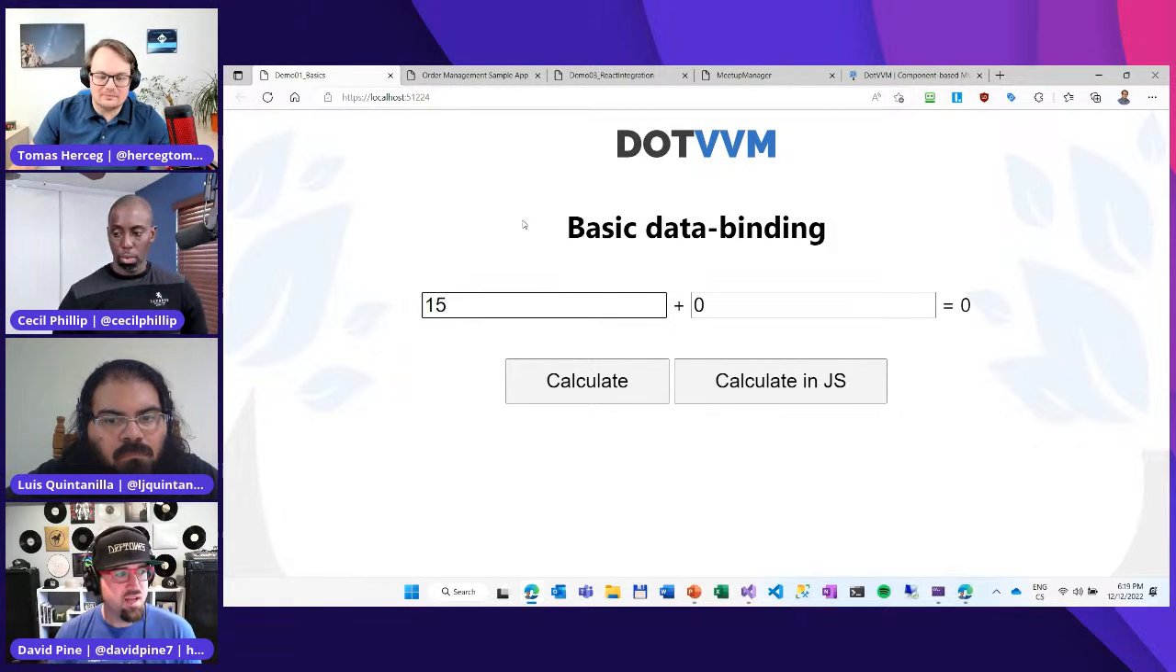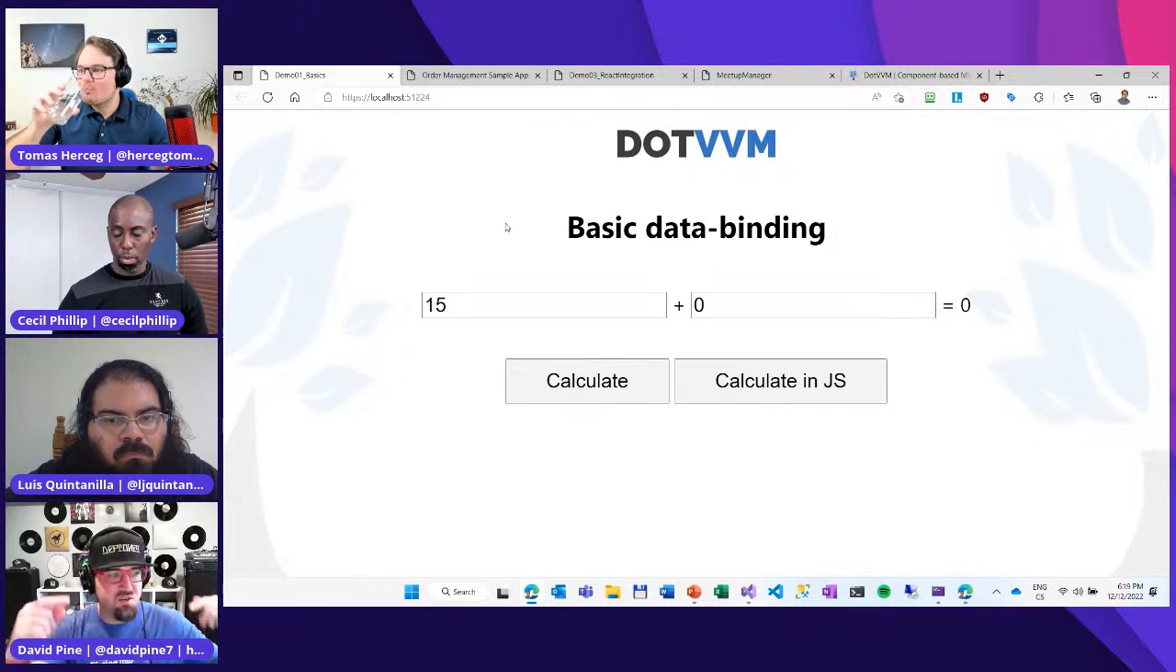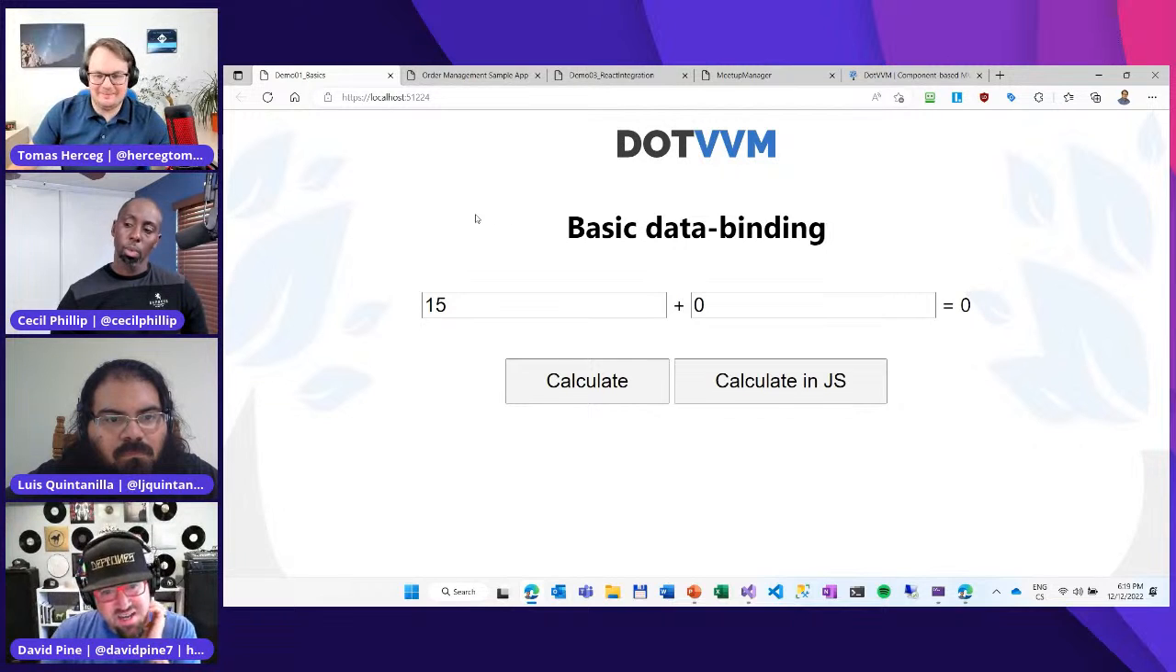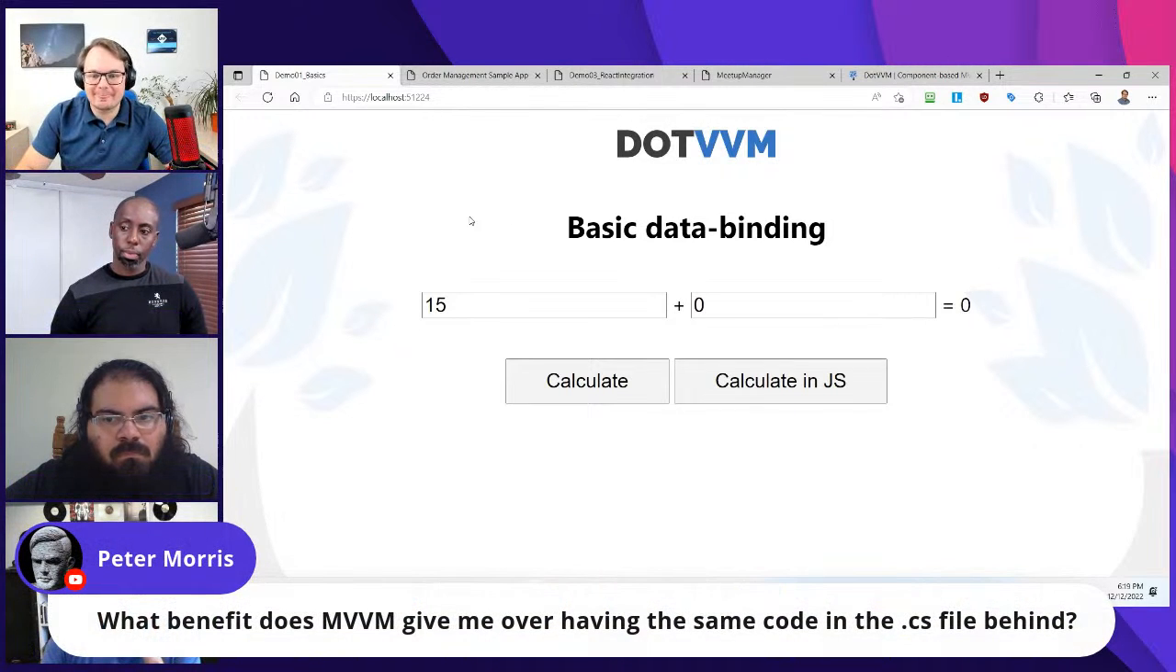And then we do have lots more questions starting to stream in now because people are starting to kind of connect all the dots, and they're like, wait a second, what is this thing that you're showing? So Peter Morris specifically is asking, what benefit does MVVM give him over having the same code in a .cs file behind? I'm not sure I understand this question. Maybe,